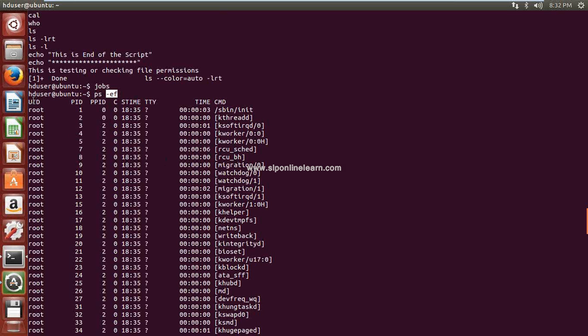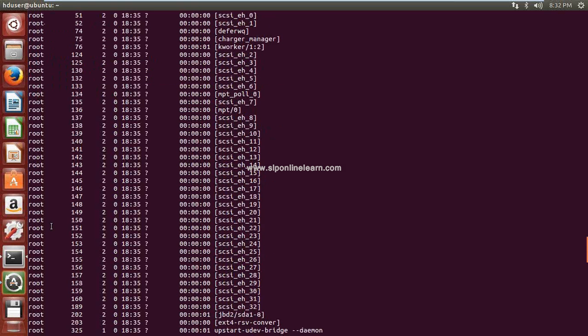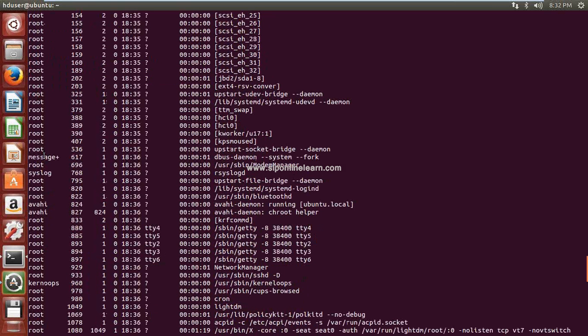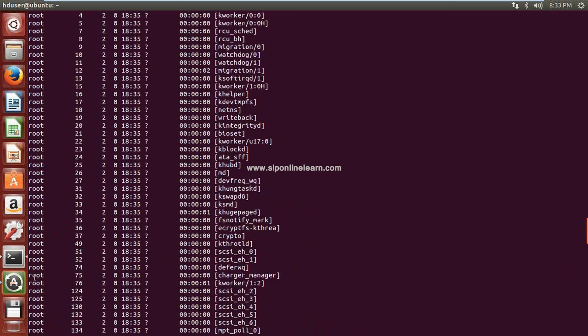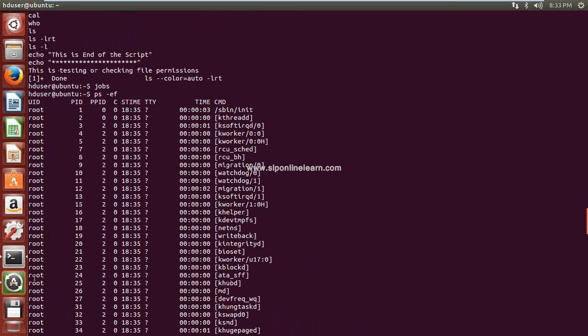Here it is displaying some information like UID. Every process has a unique identification, like root, message, syslog, some system related. So these are all unique IDs. What is this ID? Your process ID. So this is one process. This process ID is this one. Next one, unique ID is this one, and PID, this is the